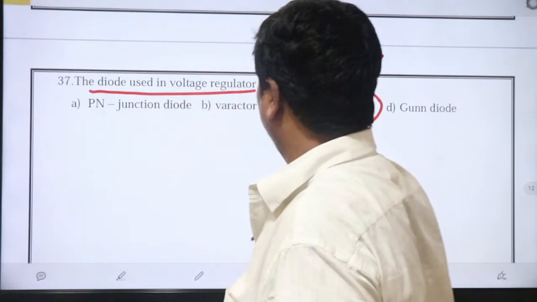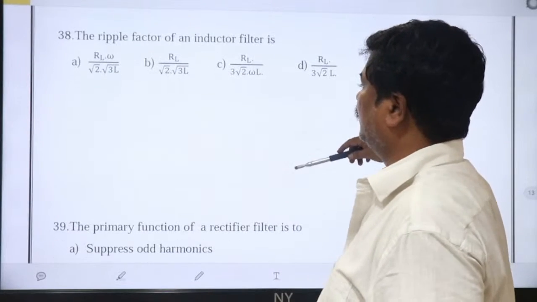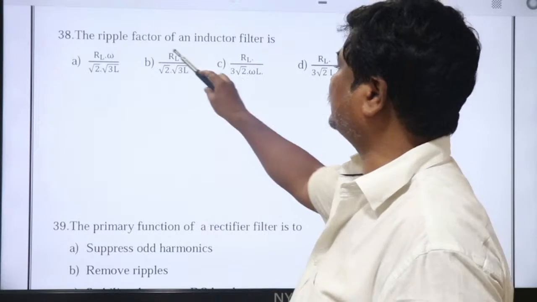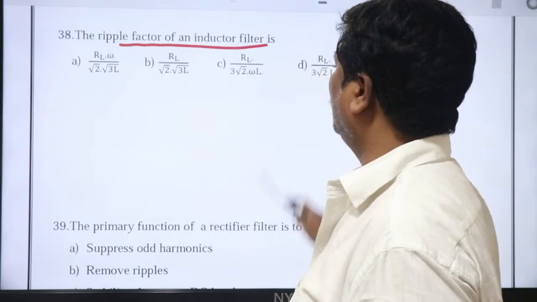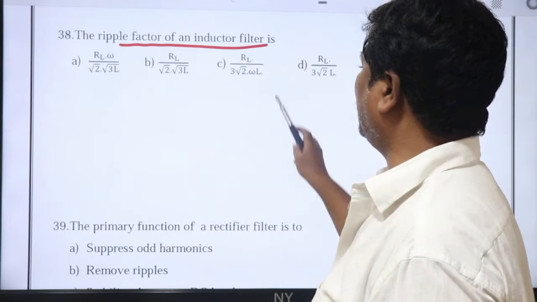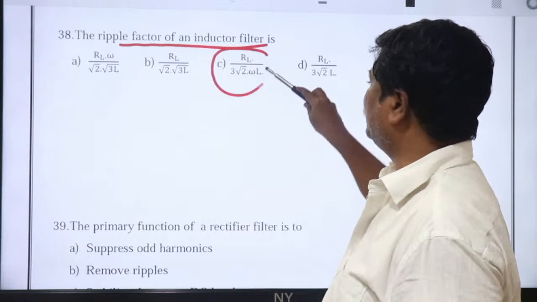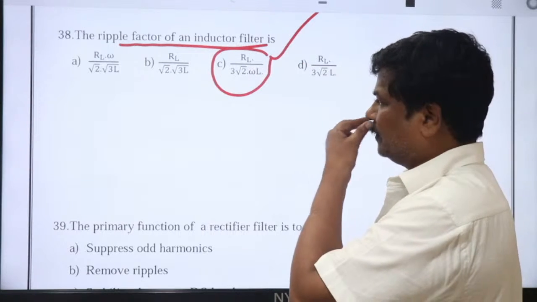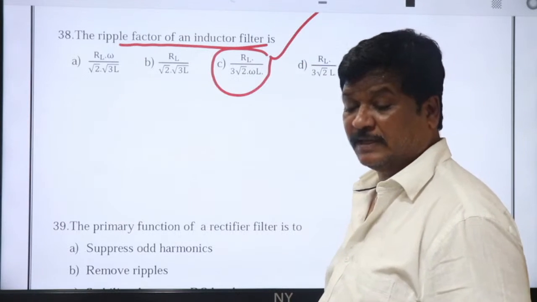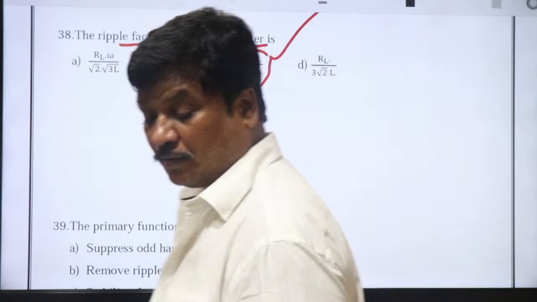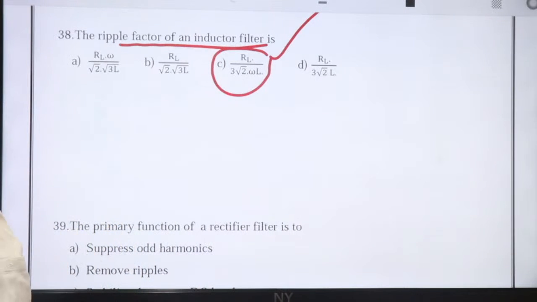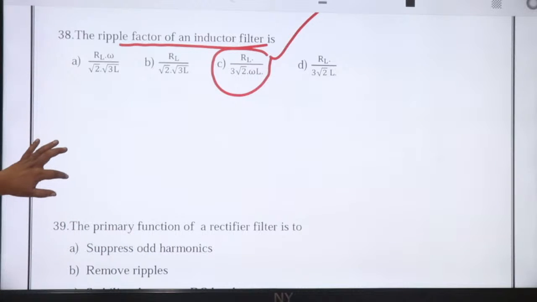Next, the ripple factor of an inductor filter is RL by 3 root 2 omega L. What is that? The ripple factor of an inductor filter is RL by 3 root 2 omega L. Next,